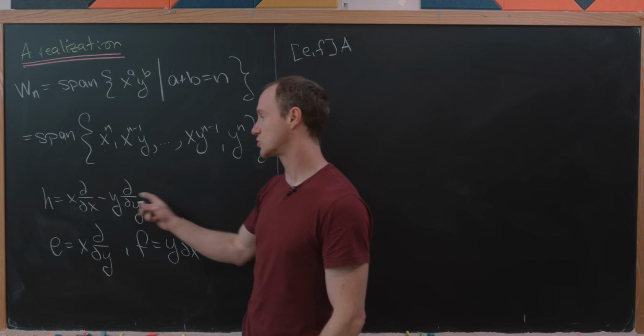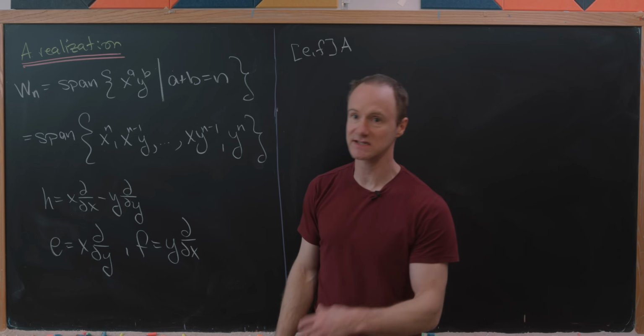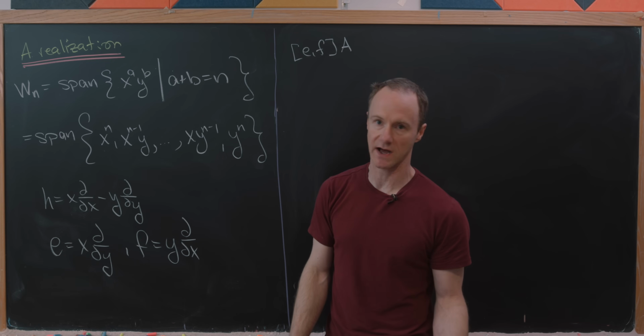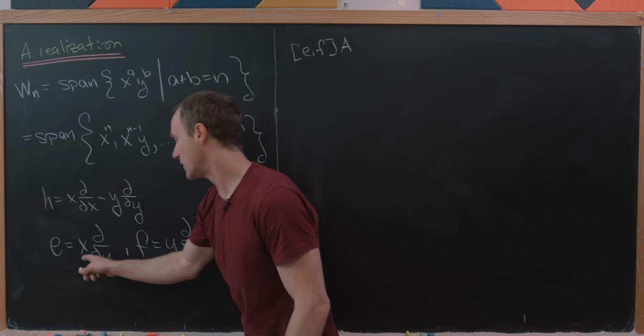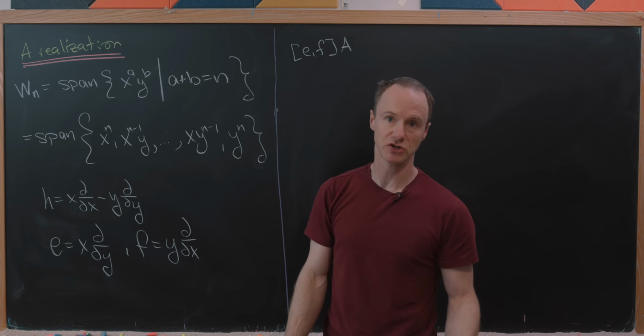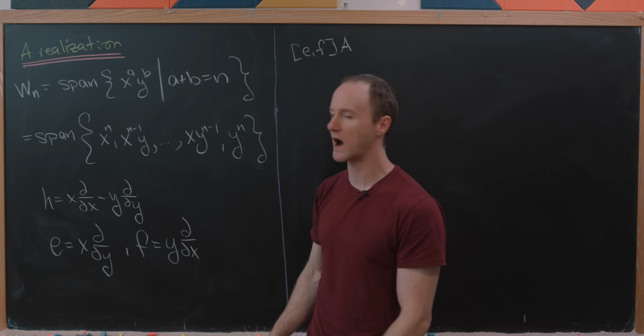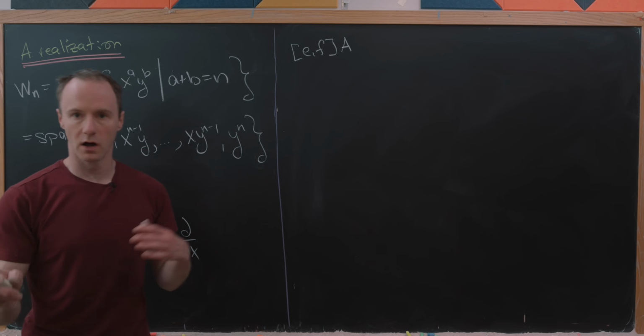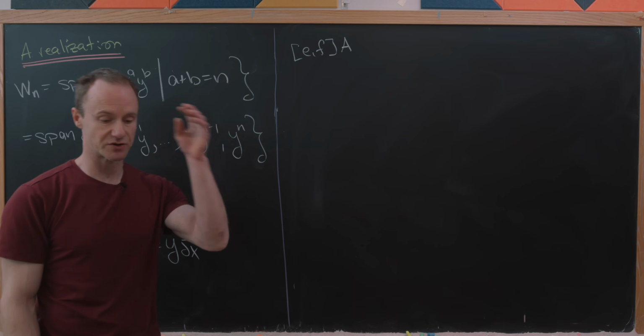And then h will act as x times the derivative with respect to x minus y times the derivative with respect to y. And then e will act as x and then the partial with respect to y. And f will be y and then the partial with respect to x. And so we won't check all of the details to show this is a representation, but we will do a